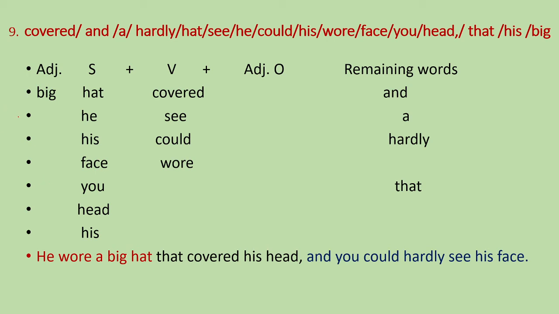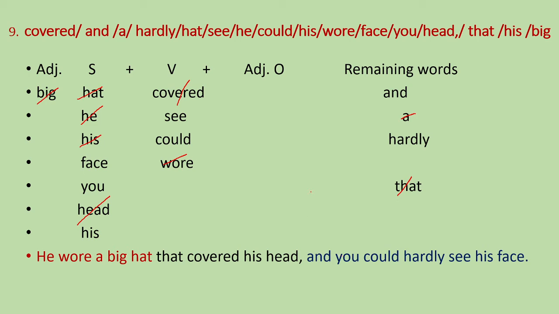So let's eliminate what we have already written. Big is done, hat is done, he is done, wore is done, and a is done. So he wore a big hat is done. After that, what happened? What is that hat doing? That hat covered his head. Obviously the hat is covering the head. And after head there's a comma. So it's okay. He wore a big hat that covered his head,